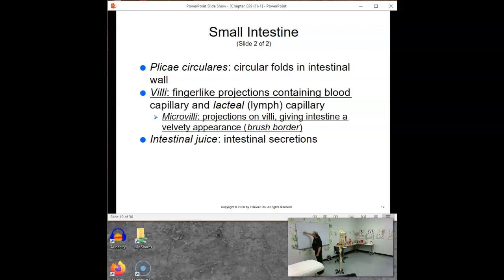So if I had to go around each one of these, it's even more surface area. And that's what villi and microvilli are used for. And this is where the blood vessels come in. Your blood vessels come in here, and they attach to all this stuff. So that when it picks up delicious food from up here, it eventually gets absorbed down into your bloodstream